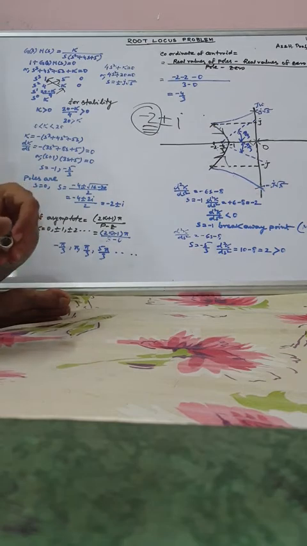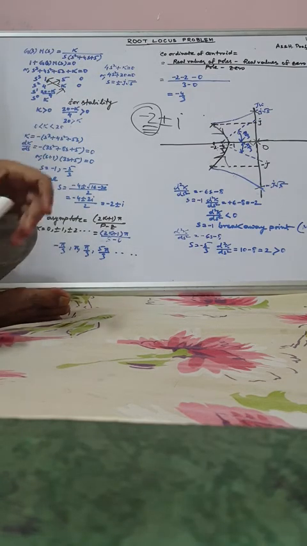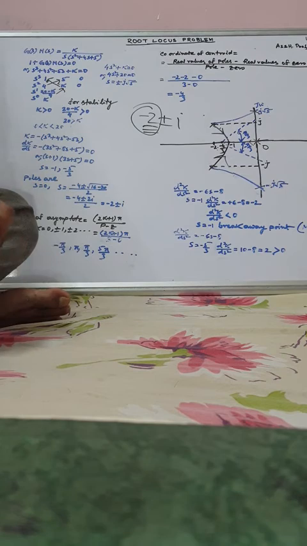In the examination, you will be able to find out every problem regarding root locus. We have solved 7 problems regarding signal flow graph, 7 problems in Routh-Hurwitz criteria, and 5 problems in root locus technique. So this is your last problem. So I think there will be no problem regarding root locus. You have understood everything.